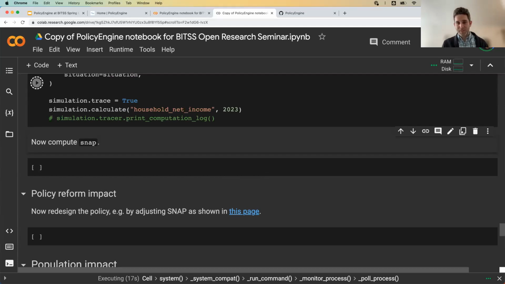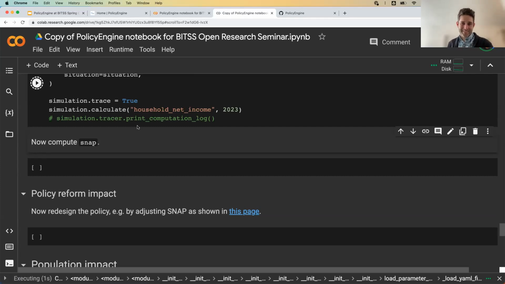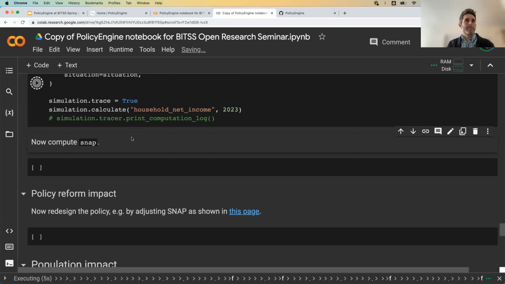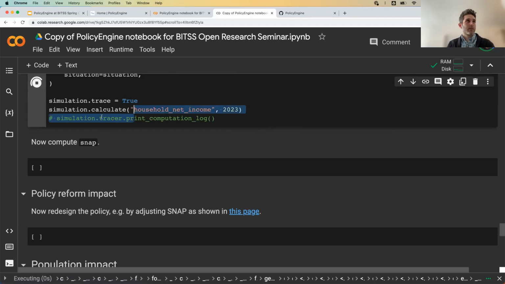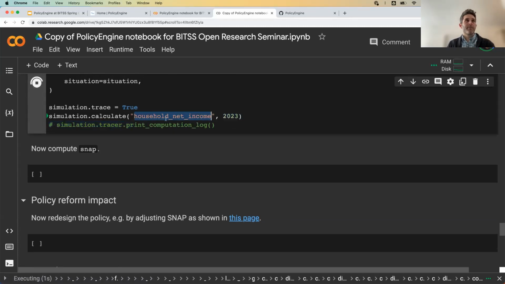Do you want to share what your number was? I've already hit go, so I can't be biased anymore. No, I don't think I modified the SNAP part. I modified the 30K part. What did you modify for the SNAP part to make sure that you completed SNAP? Calculate. So we're going to change the name of the variable to SNAP.